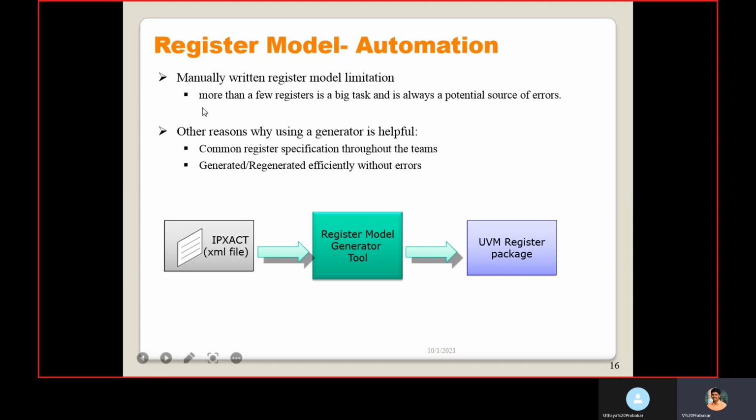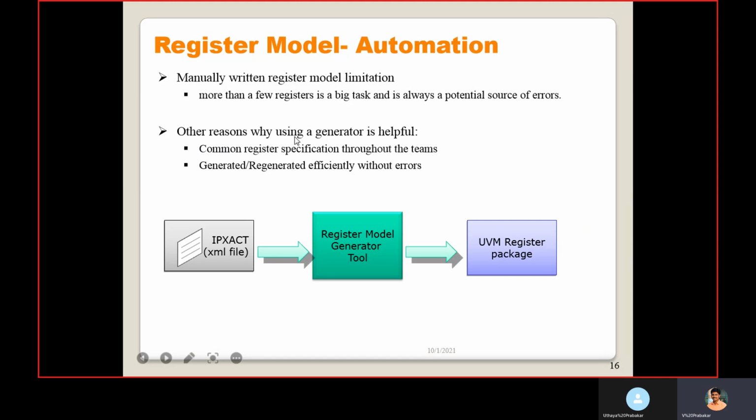There are some advantages and limitations. A manually written register model has limitations. If the register set is too big, it will take more time, and it can be a potential source of errors.